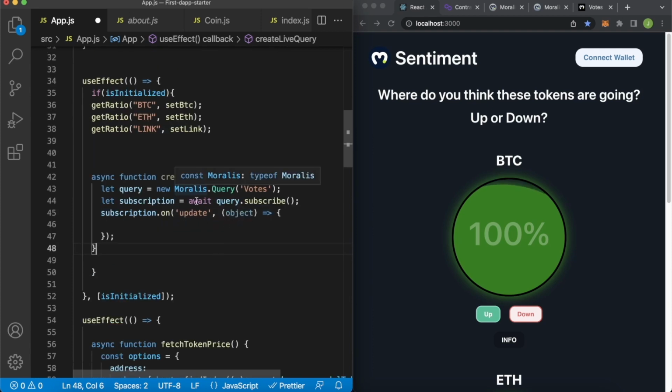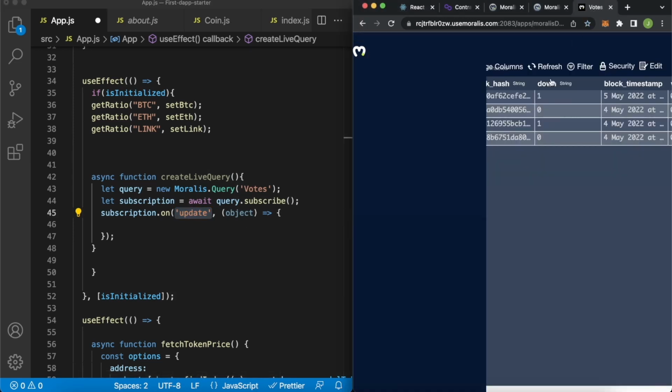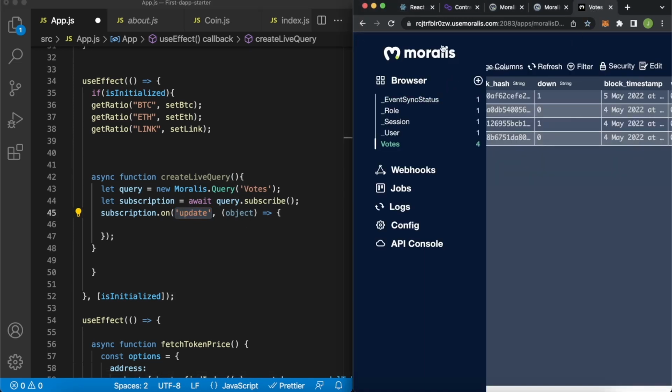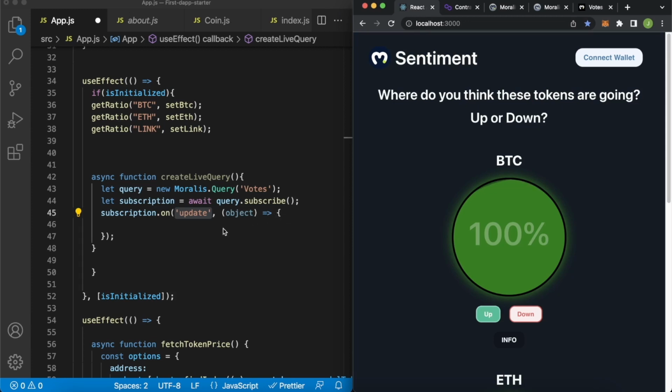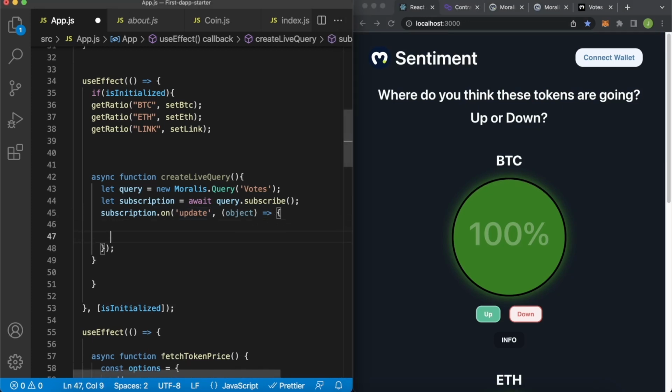So what we're doing is we're making a new Moralis query to the votes class, and we're creating a subscription by doing await query.subscribe. And now, by calling subscription.on and using the update command, we always get an object when any of our rows in our Moralis database here in the votes class is updated. So we get that object or that row, and then in here we can write the logic